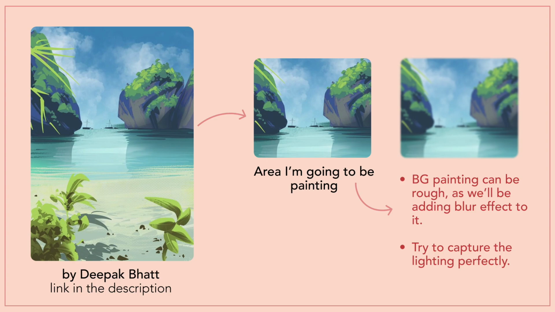Then I paint it really, really roughly. When you paint roughly, you're just focused on getting the lighting right. The reason is that at the end of the day we are gonna add Gaussian blur to the background, so it doesn't matter if it's blended or not, as long as the lighting is